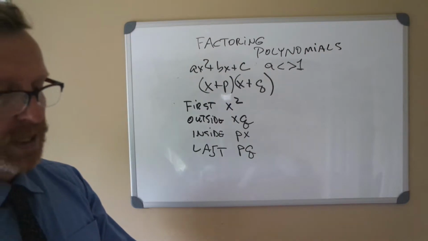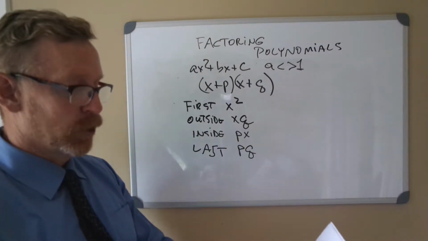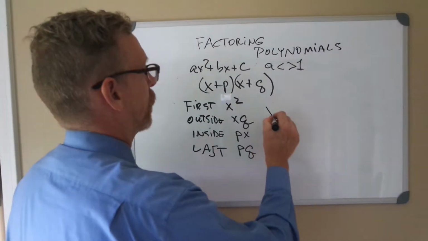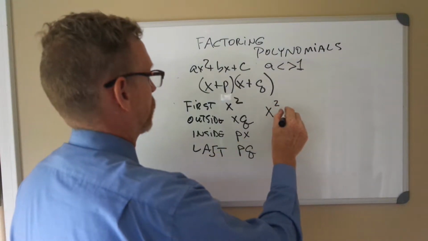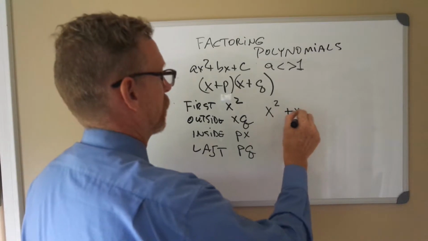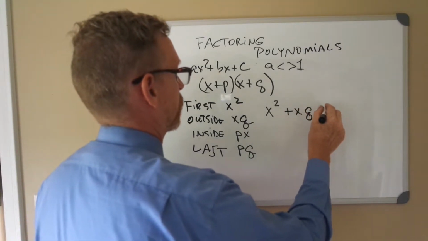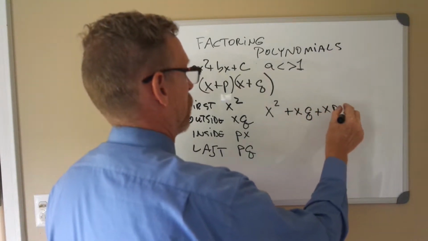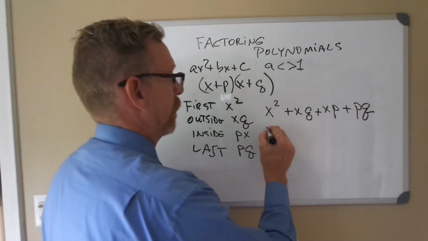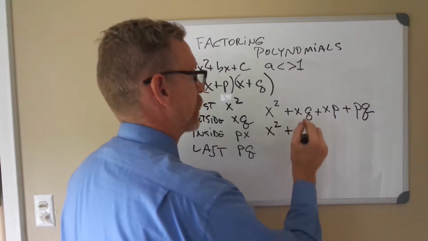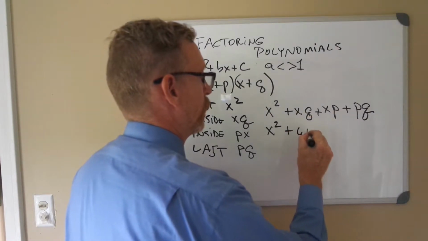Putting the terms together with a little grouping for the outside and inside terms, we get x squared plus outside plus inside plus last. And we know that we can rewrite that as x squared plus q plus p